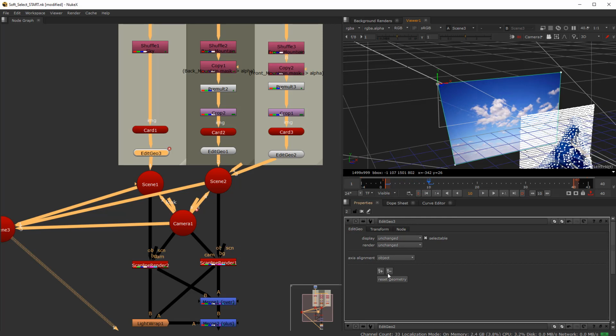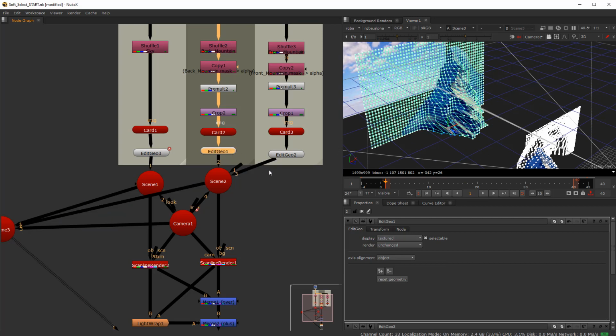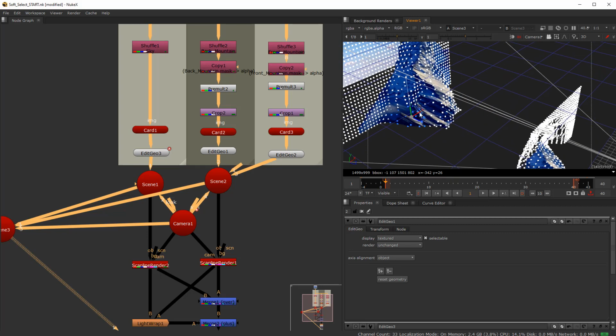You can see the keyframes, and I can go ahead and delete the keyframes. So I'll go here and delete the keyframe there. You could also just do reset geometry. And then if I'm grabbing these points here, let me go back to my options here. If I grab these points here, you can see that I'm kind of in world space, or in this case object space, but I can also,